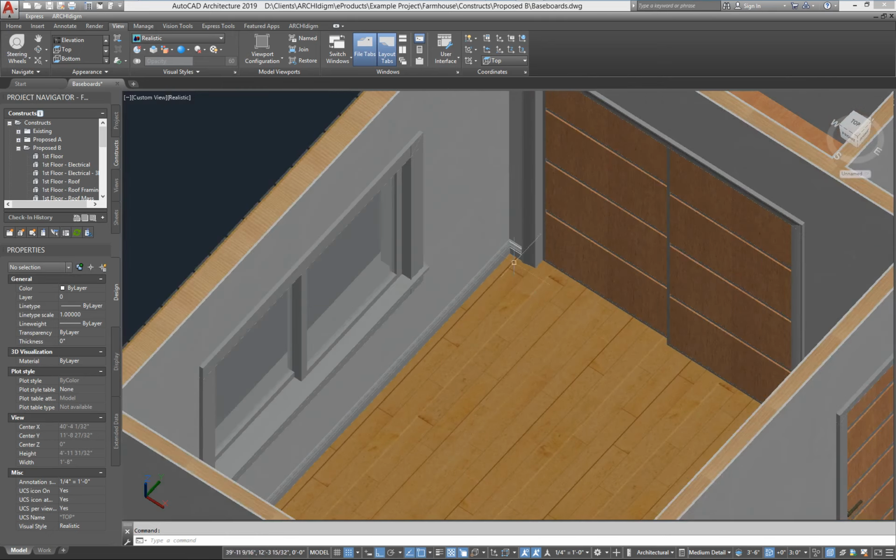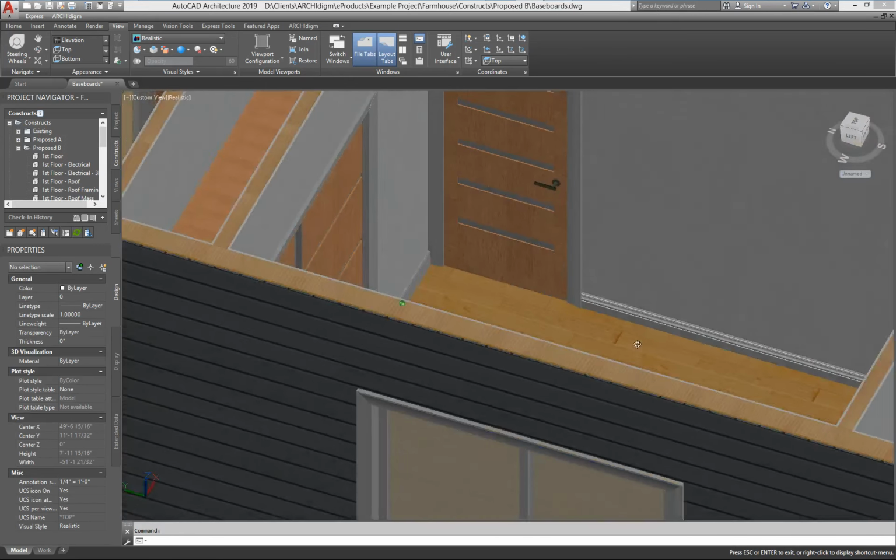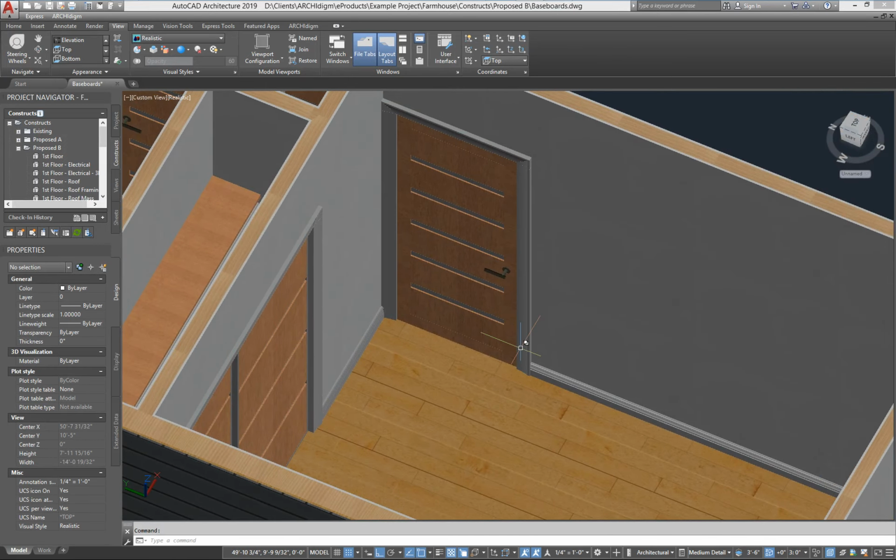I track these typically on a different layer, but if I have to move this door, for example, I cringe because I know I have to go back and adjust that. But let's take a look at